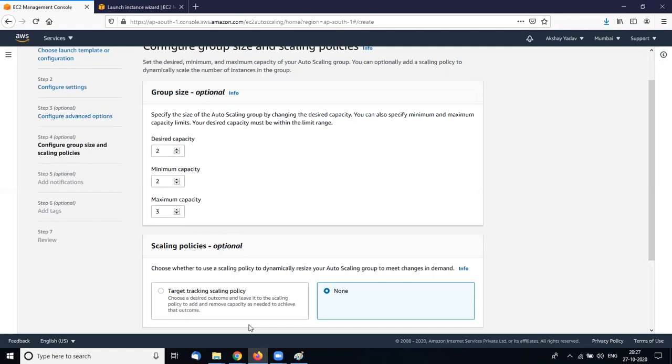Could you please explain this? Yes, I explain this. Minimum capacity is the number of instances you will have at least, like at least 2 instances in your auto scaling group. So every time you have at least 2 instances in your auto scaling group.